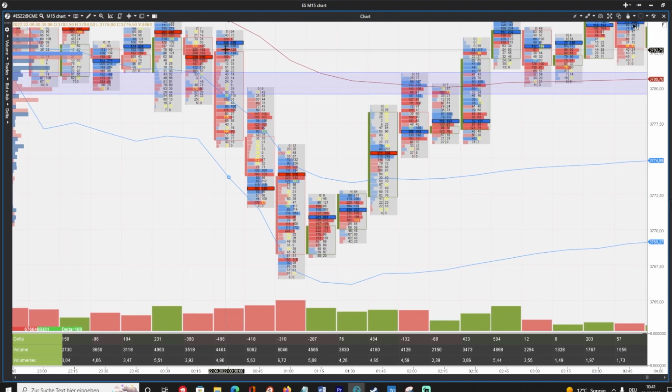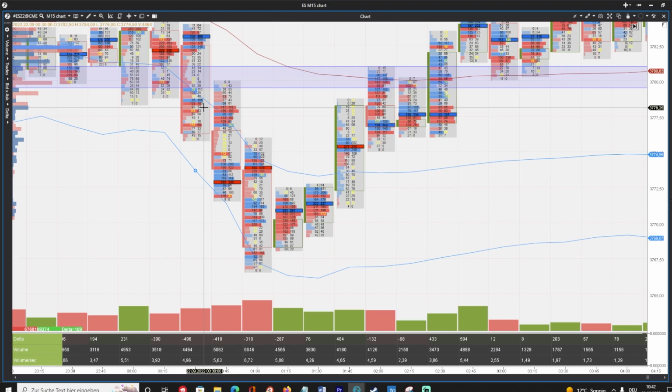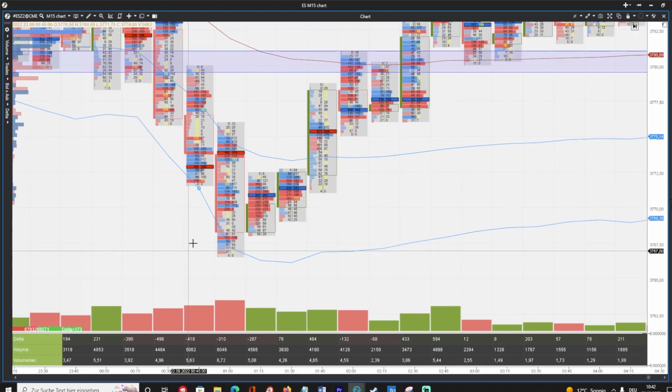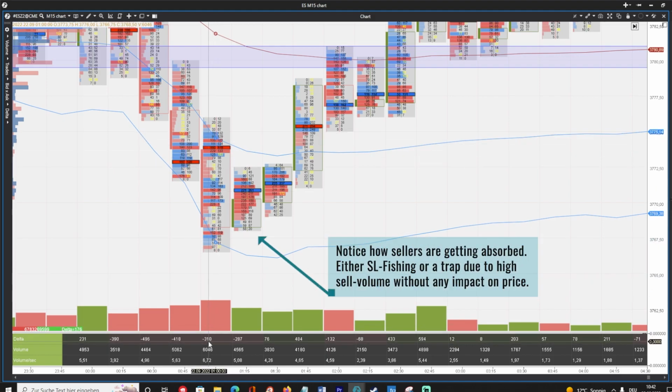So what we see is the market breaks through that support during the Asia session. It looks like there's a lot of momentum coming in. And what we see is the market moves down. We have a very negative delta. There are way more sellers than buyers in these two candles. We have high volume, 5,000 contracts traded right here,